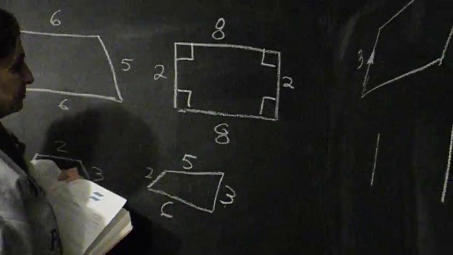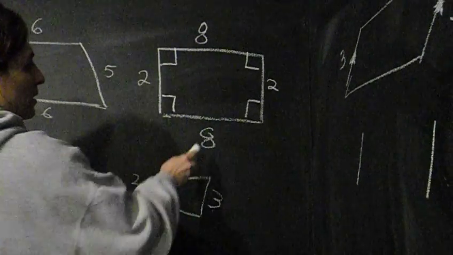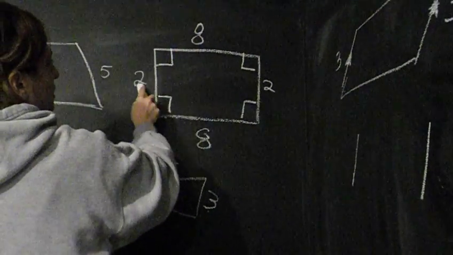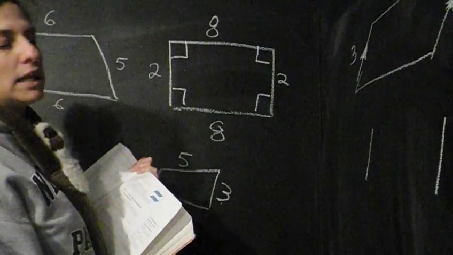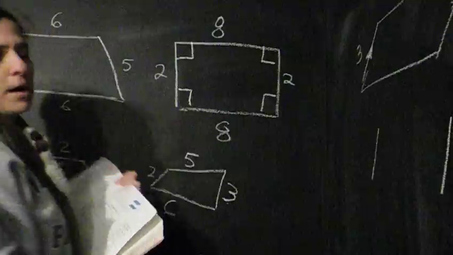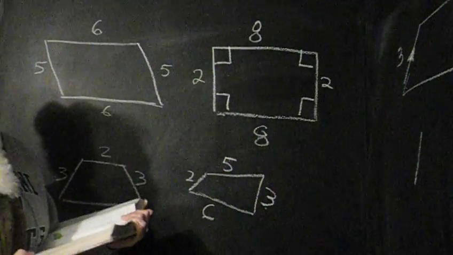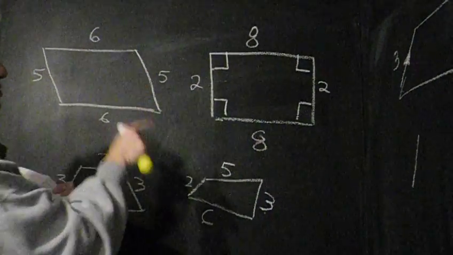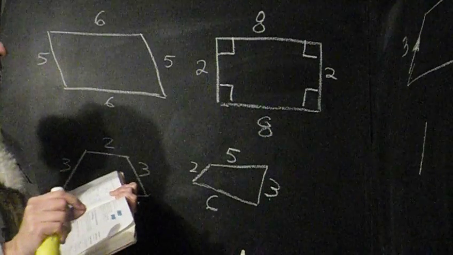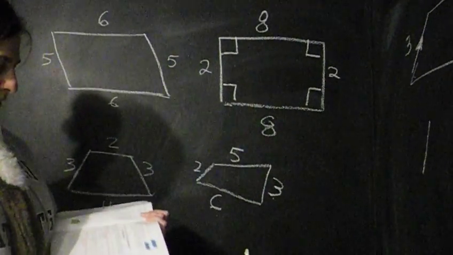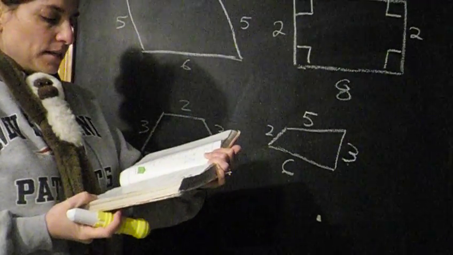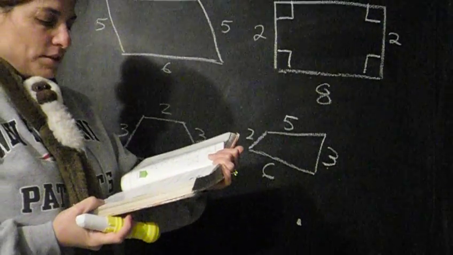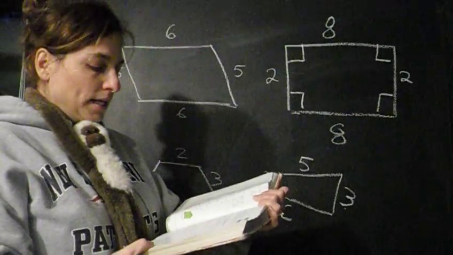Over here, this side is 8, that side's 8, that side's 2, that side's 2. This is a rectangle, but a parallelogram has both pairs of opposite sides parallel. Because those opposite sides are congruent, I can call that a parallelogram. That's theorem 4.4. Theorem 4.5 says if one pair of opposite sides of a quadrilateral are both congruent and parallel,